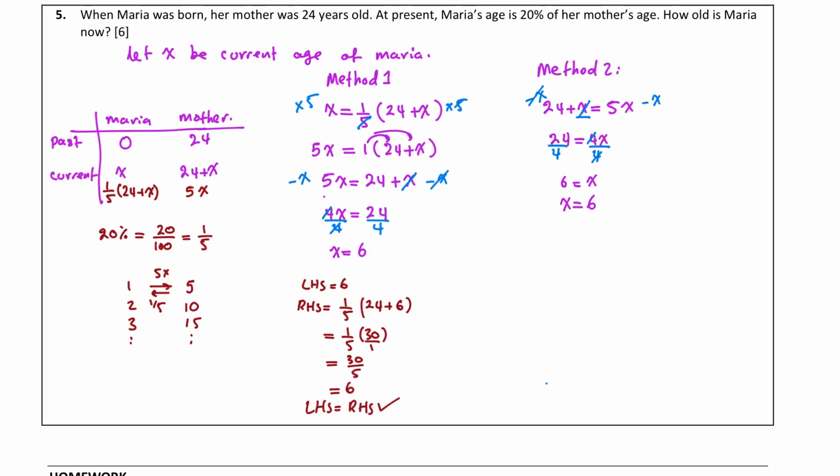My isolated variable is on left hand side, and what it equals to is on the right hand side. I don't have to check the solution again because I've already checked it here and I am getting the same x values. But I can write my final statement here, which says, therefore,